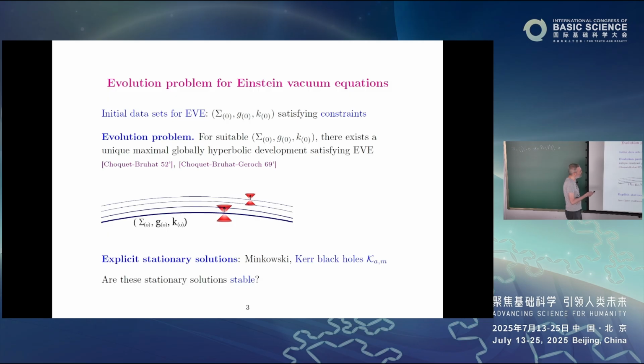So again, given any initial data set, there exists a unique maximal solution. Here is a depiction of what happens for the Choquet-Bruhat result, which is the local existence result. The Choquet-Bruhat–Geroch result is the one about the maximal existence. Of course, the maximal development could be very complicated, but at least locally, things are fairly simple. Okay, so the main question you want to ask about this equation is what is,